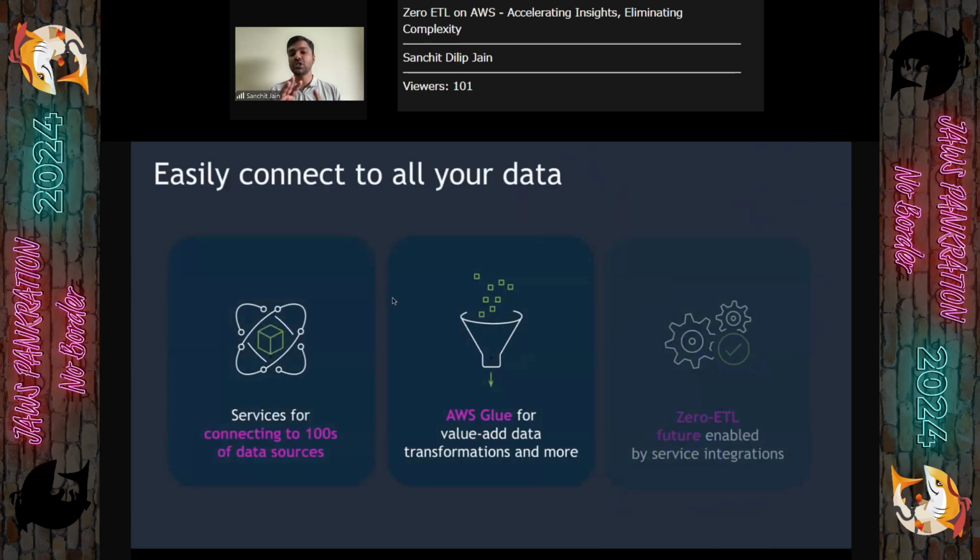So there are three pillars, or three sections, which I'm going to talk about, which correlate to the pain points I covered in the previous slide. One, what are the different connectors AWS provides out of the box? Two, what is AWS Glue and how does it simplify the entire data management pipeline and its failures, and make troubleshooting simpler? Three, what is the ZeroETL concept and how has AWS been innovating on ZeroETL for so many years? So let's start with the first one.